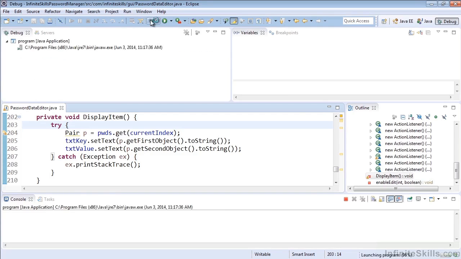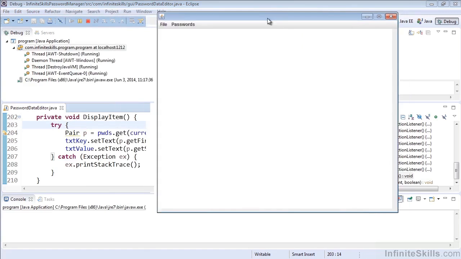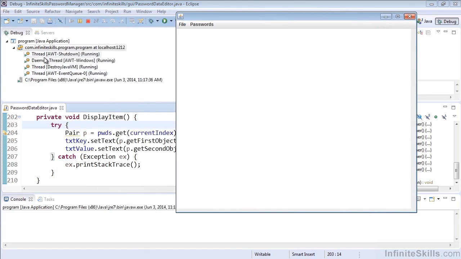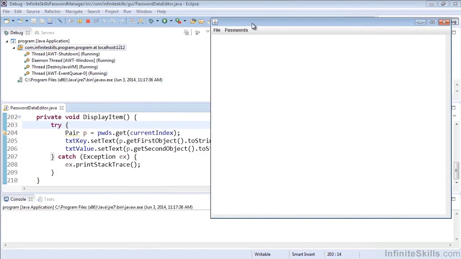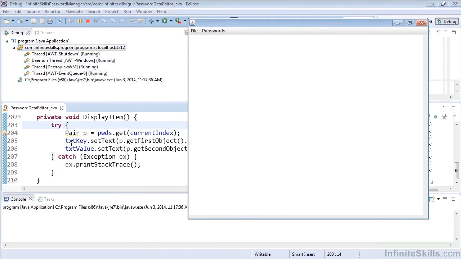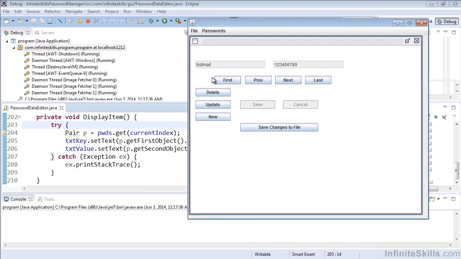So now when I run debug, the project will still execute, but we'll see that there are some threads running here, and basically the Java worker process, and some different things that are going on. And so we can actually see that, but we don't have any breakpoints set yet, so the code will continue to execute to an endpoint, or basically a stopping point, and it will show us what's working. But we can't really do anything with the code at this point because we don't have stopping points or breakpoints